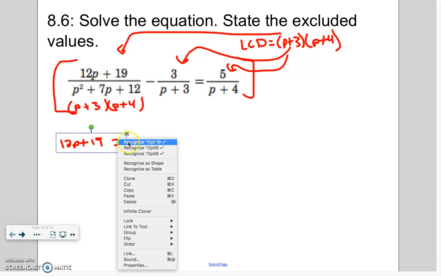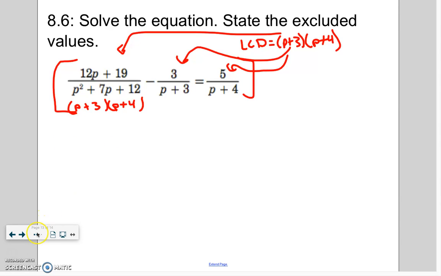Oops. Let's just cut. We'll just start over. Sorry about that. Because this cancels and that cancels, in this expression here we're left with 12p plus 19 minus, the p plus 3 is going to cancel, leaving us a negative. Across the line, change the sign, so we'll make this a negative 3 times the quantity p plus 4